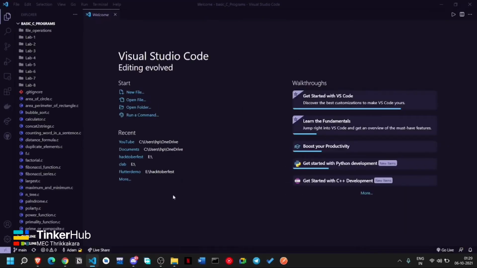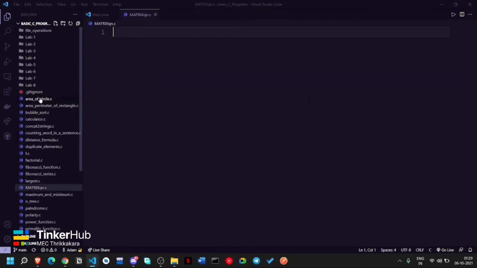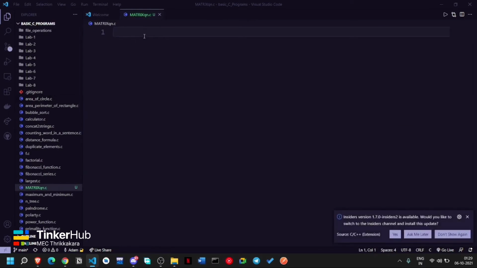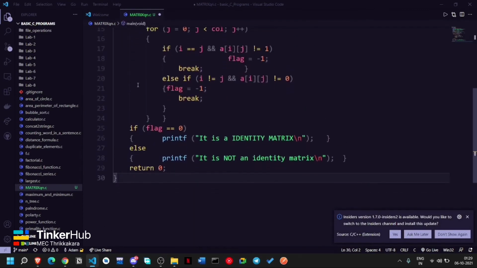After cloning the repository, the next step is to contribute to it. In this video, I will be contributing a basic C program. During the original Hacktoberfest, make sure that you are doing a quality contribution rather than a basic C program or something like that. In this video, I'll just be showing you how to do a contribution. The first step is to make a file. I just write matrix question.c. So I have created a file, and I'll just copy paste the solution which I have. Here we have a solution for finding if the matrix is identity or not.